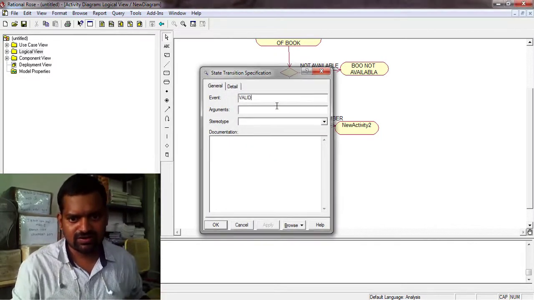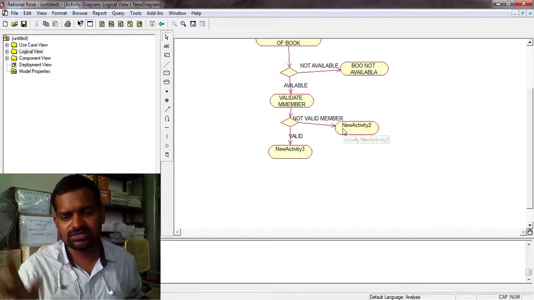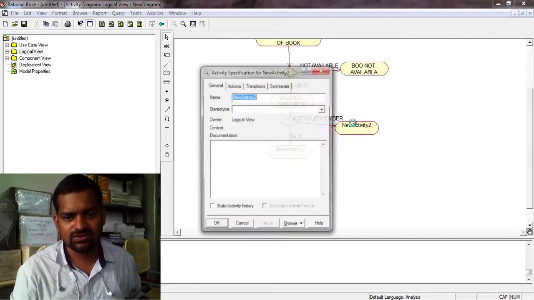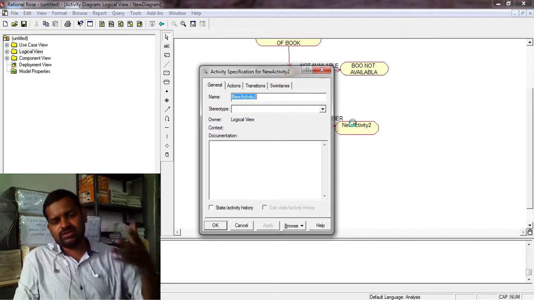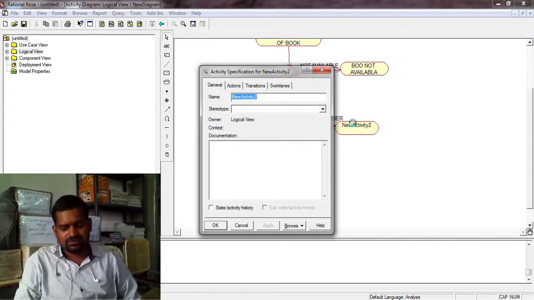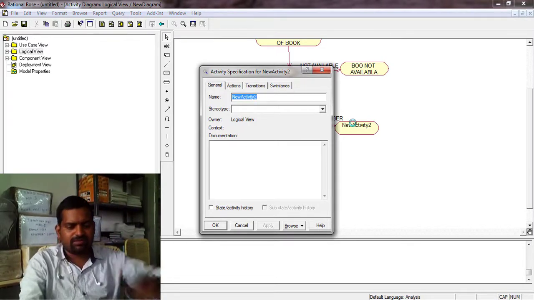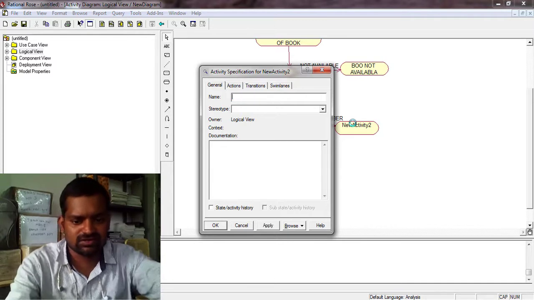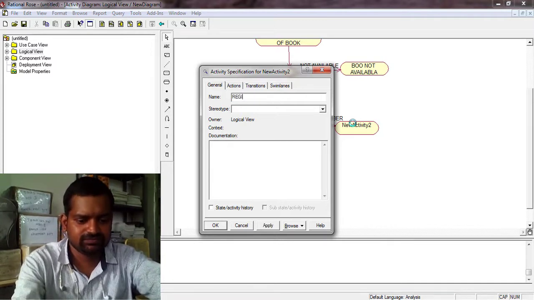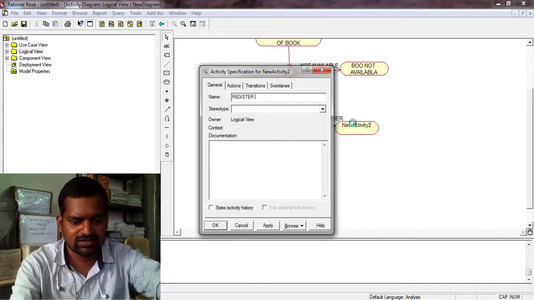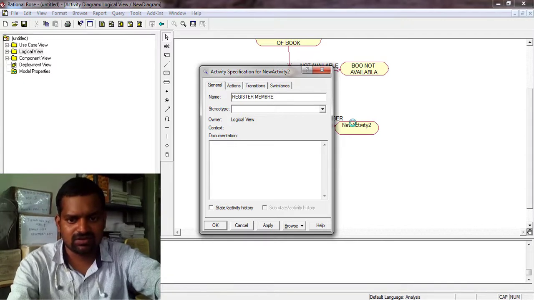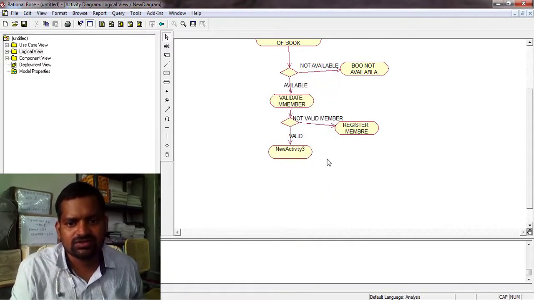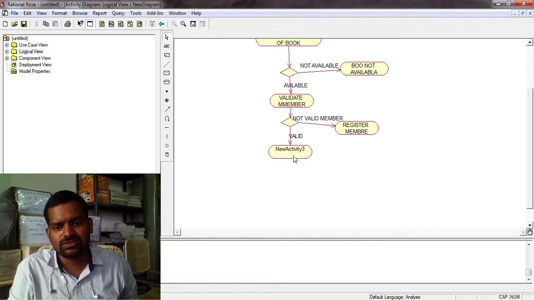Valid member, not valid member, just you have to give that: checking of register member. So otherwise you give some information.